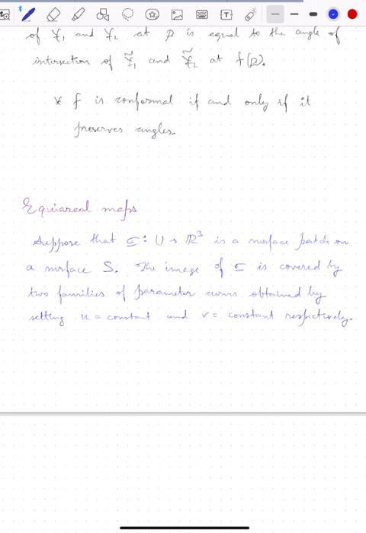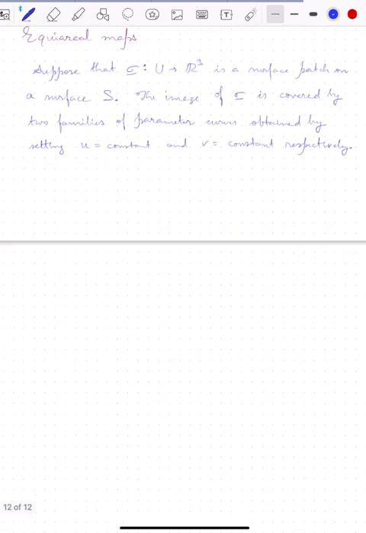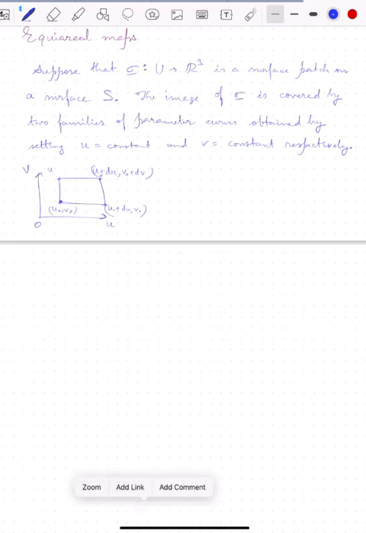So we have this parametric space here, and we fix this point as (u0, v0), with u and v axes and the origin 0. This corner will be (u0 + du, v0), this one (u0 + du, v0 + dv), and this corner (u0, v0 + dv). So when we map this to the surface,